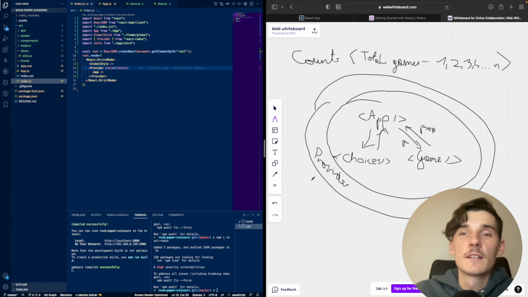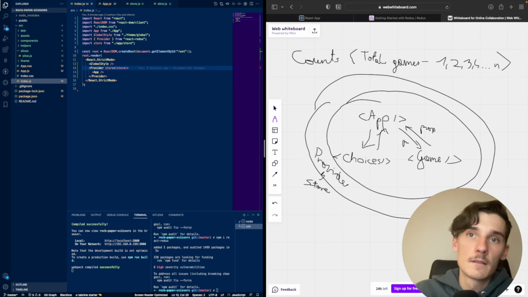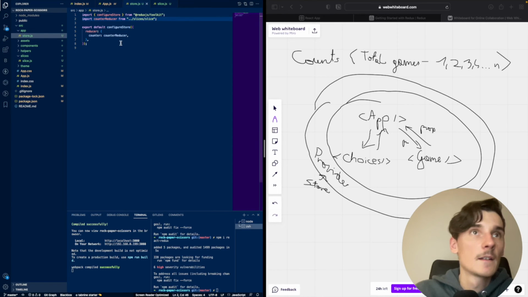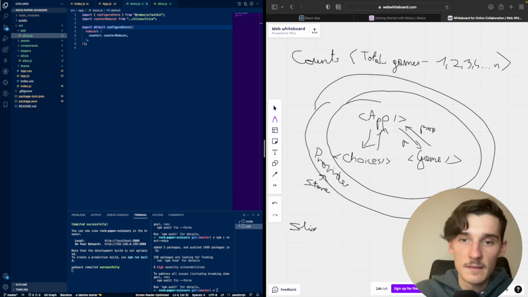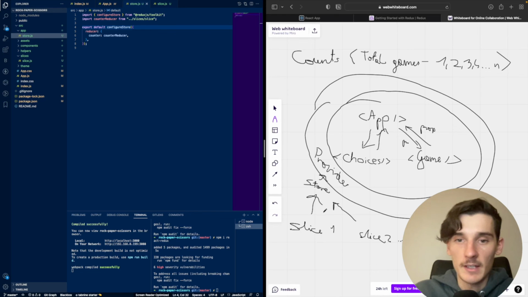I store a store, and store is just configured with the slices. I can make multiple slices, slice 1, slice 2, etc. I can pass it to the store by configuring it, but in this application I have only one